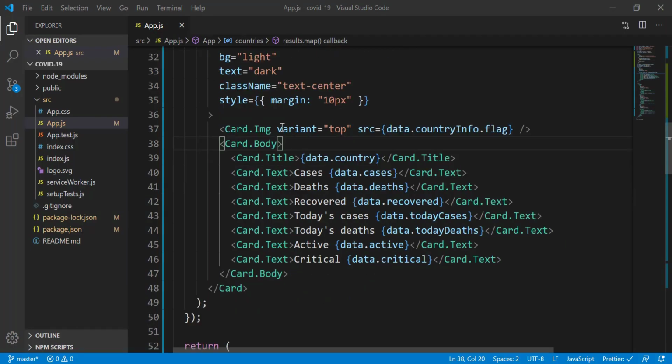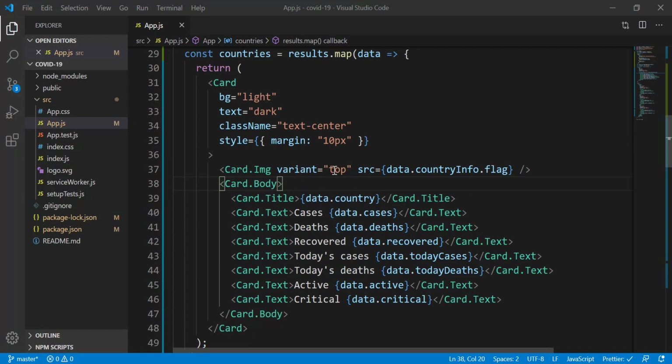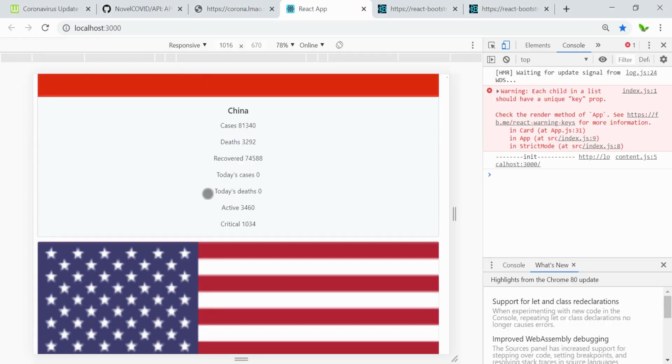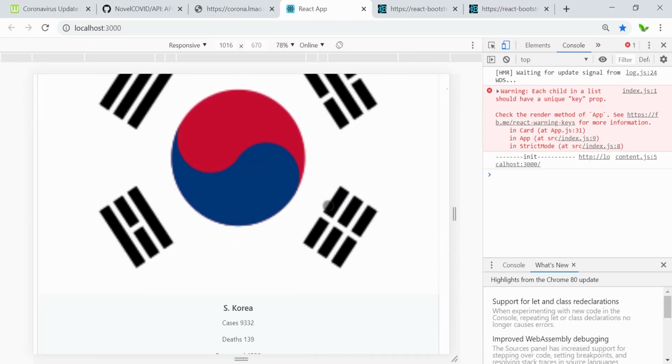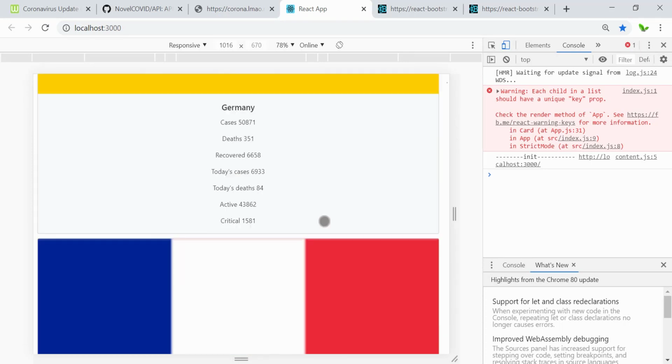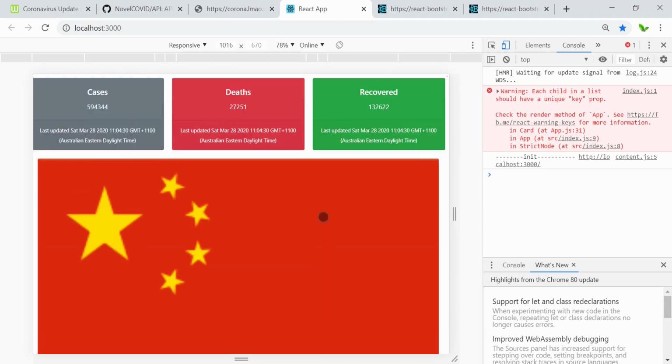Alright, so now I import the Card.Image, and this is the source coming from data.countryInfo.flag, and now let's see the result. So here we can see that we can get each country flag to show on each of the cards as well. And the thing is that if we try to look here, we can see the warning that